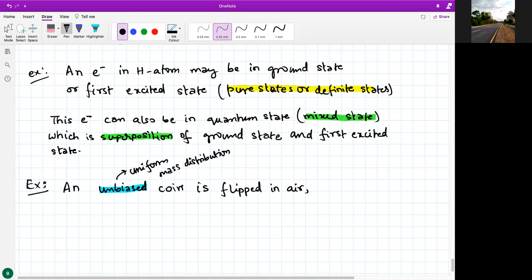Does it mean uniform mass distribution in the quantum mechanics context, or does it always mean that? No, when we talk about probability, about an unbiased die or unbiased coin, it is in that context. This example is a classical thing,